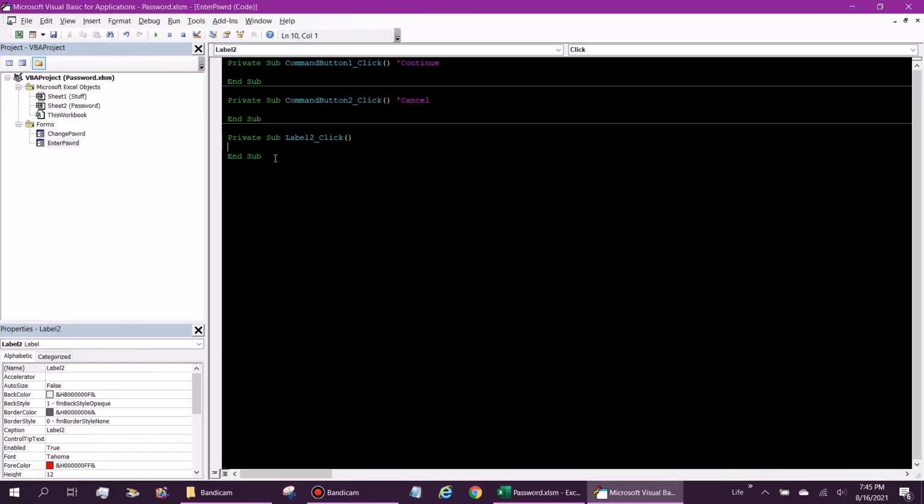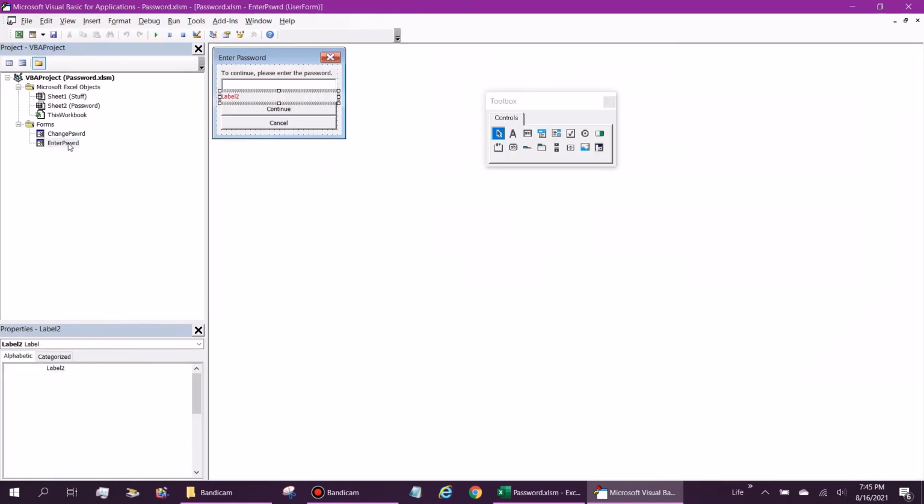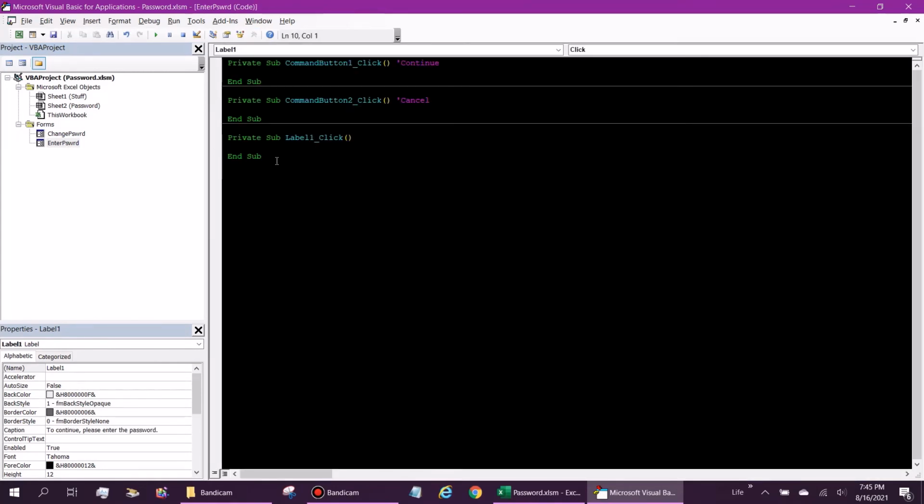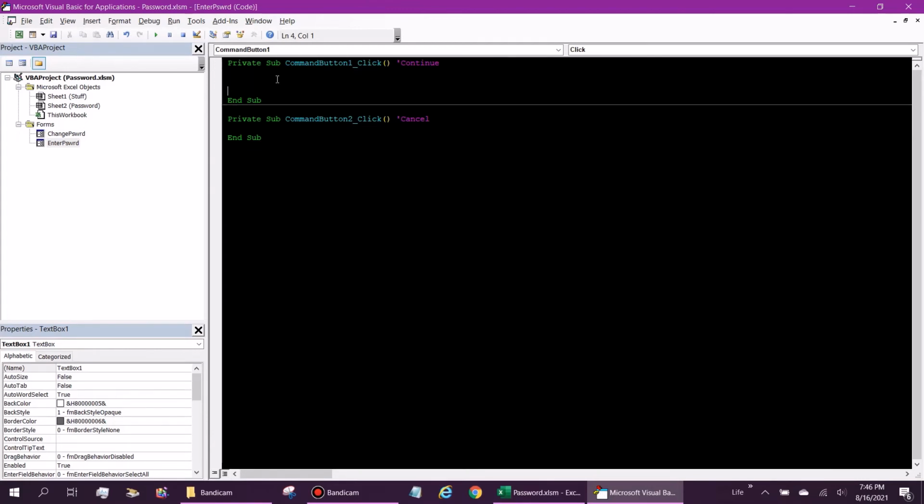Label 2, and like it says, and then we have label 1. We're not going to work with label 1 on this. Okay, and that is all we need. And then of course we have text box 1. And then all I'm going to do for clicking continue is we just want to verify that the text box